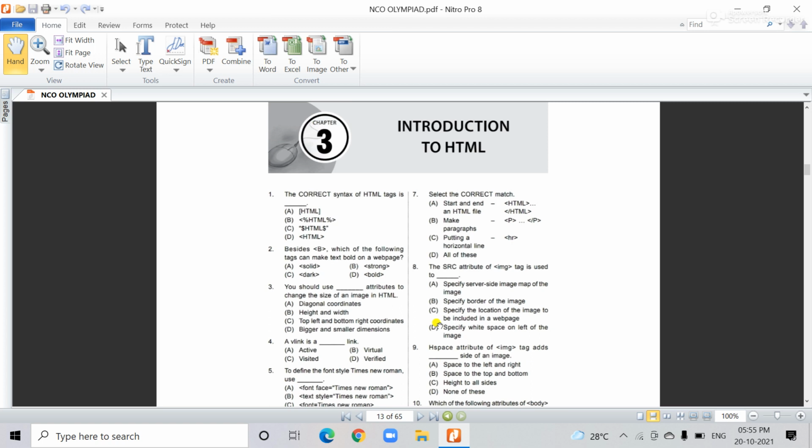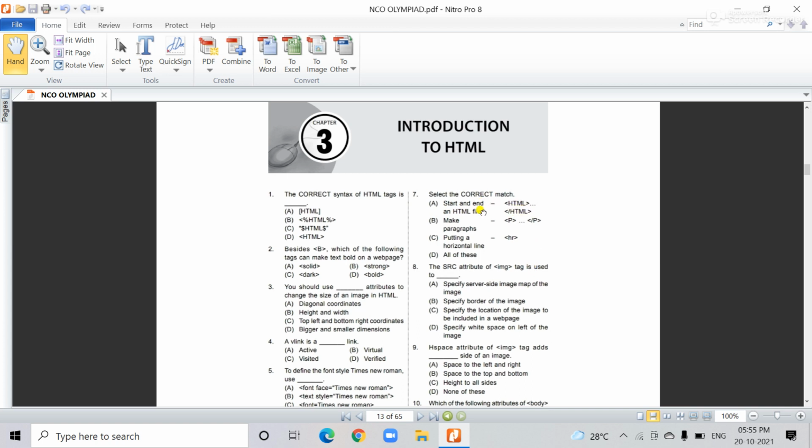You see the seven number question is select the correct match. You see here is the correct match. Any HTML program starts with the HTML tag and ends with the HTML tag, which means you save your file like .html. Here you see the end with the HTML tag. It is correct, 100% correct.